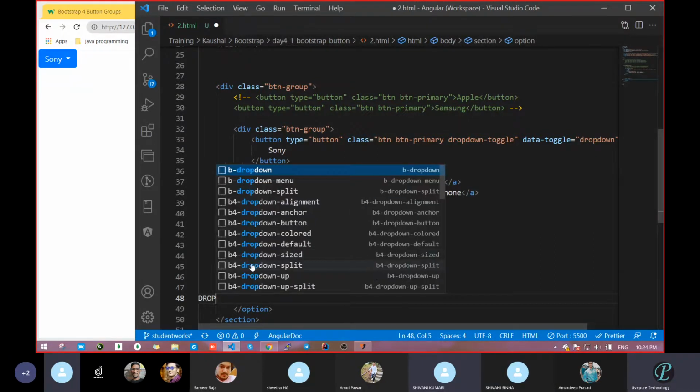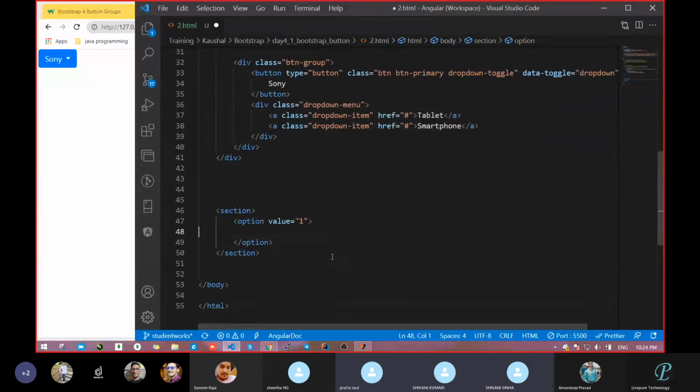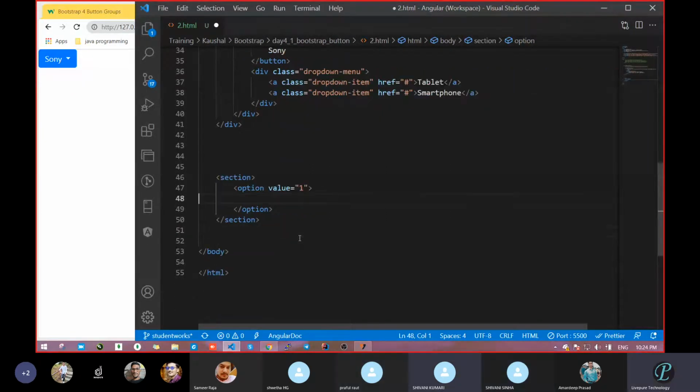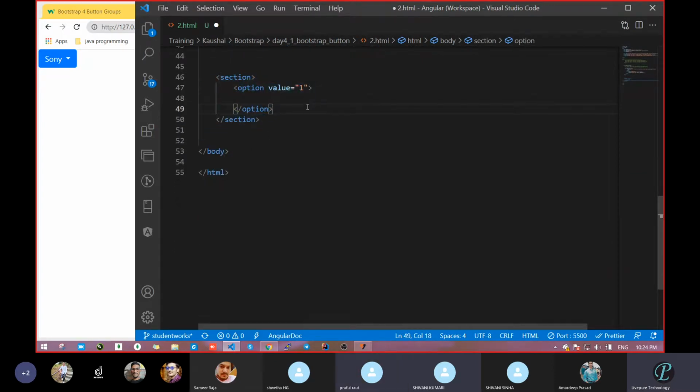Drop down content, first, drop down means you are using a button like that. Wait, one second. I think everybody is sleeping. What did I ask? The question was in HTML. I want normal HTML. How do you write a drop down in HTML? That is my question, not in Bootstrap and CSS. Got it? Tell me.